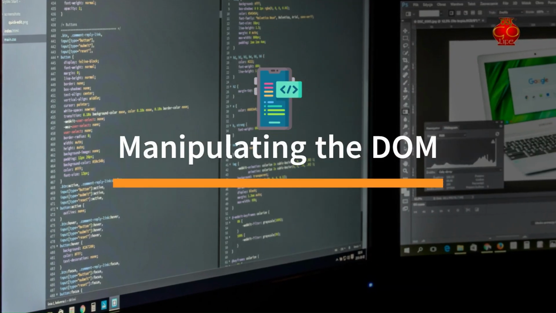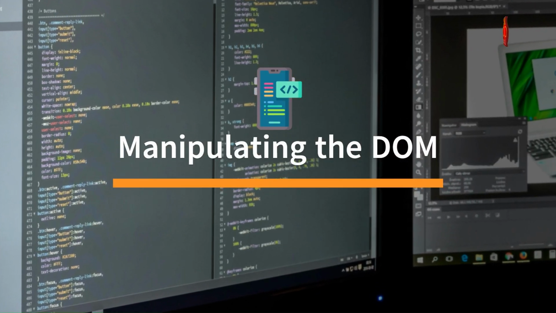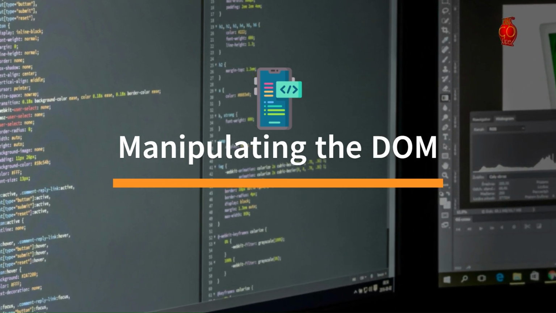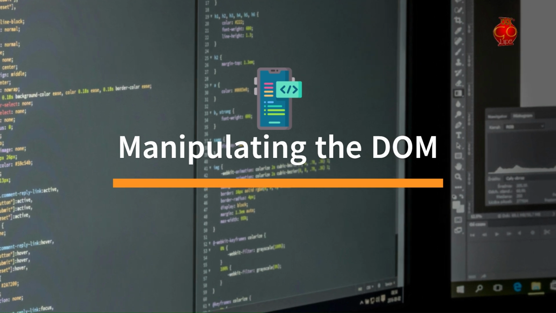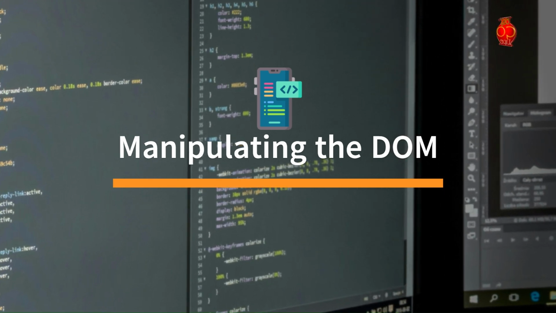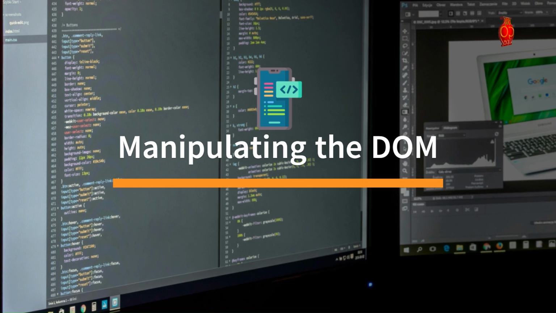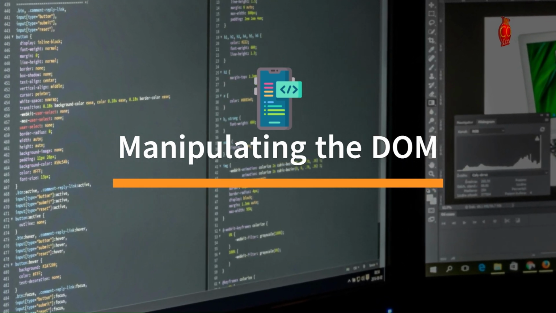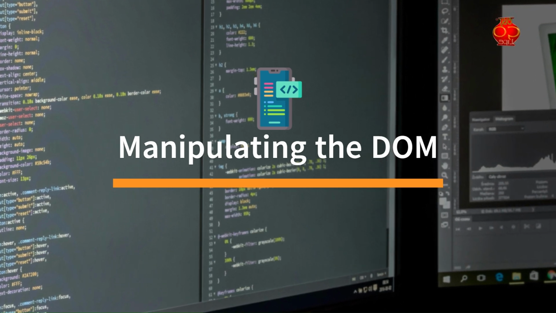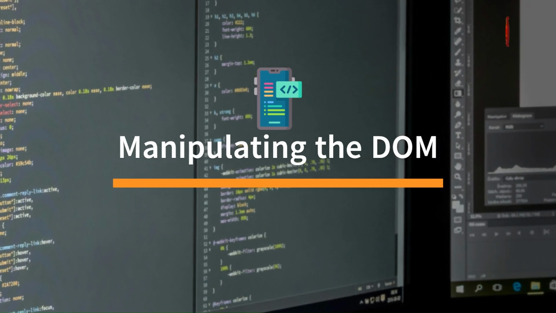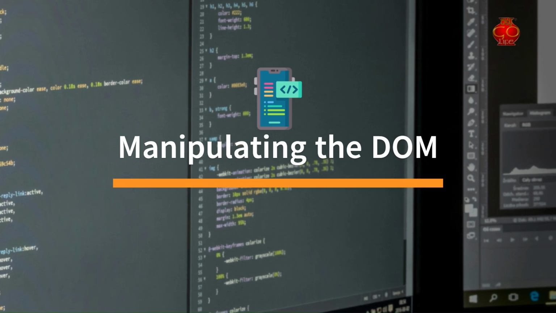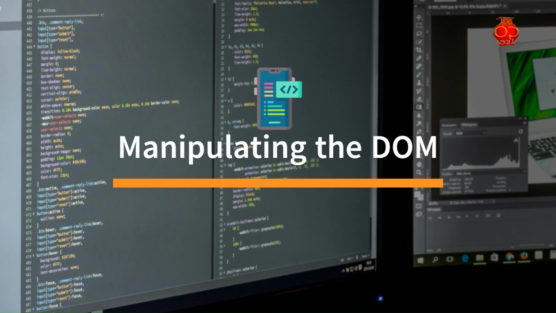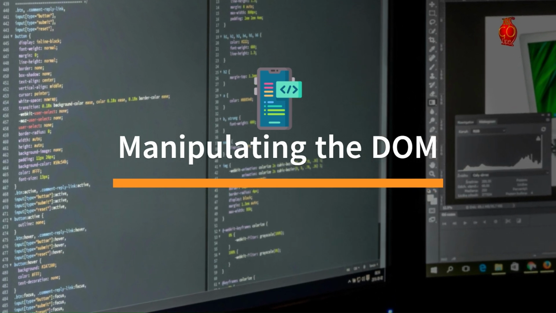In this segment, we'll delve into the Document Object Model, DOM, and explore how JavaScript can interact with and modify it. The DOM represents the structure of your web page as a tree of objects, where each node corresponds to an HTML element or attribute. By manipulating the DOM, you can dynamically change the content, structure, and style of your web pages in real time. We'll cover essential techniques for selecting, updating, and removing elements, providing you with the tools to create dynamic and interactive